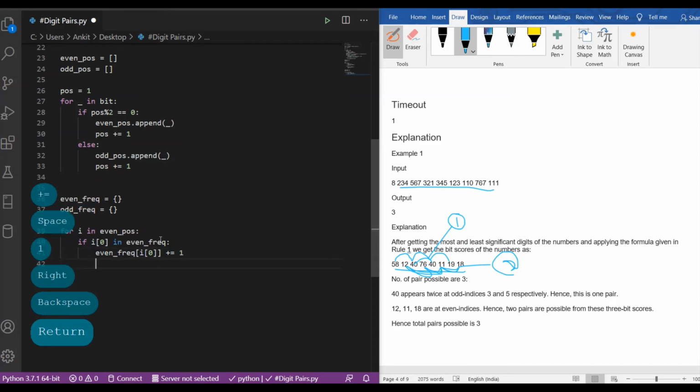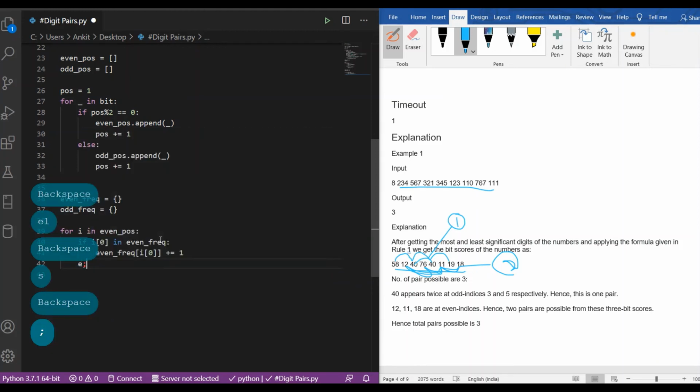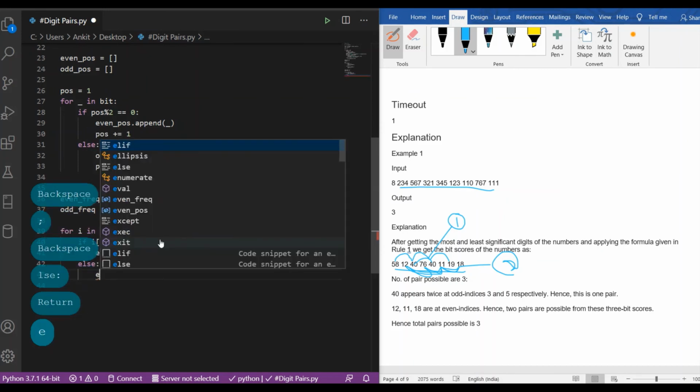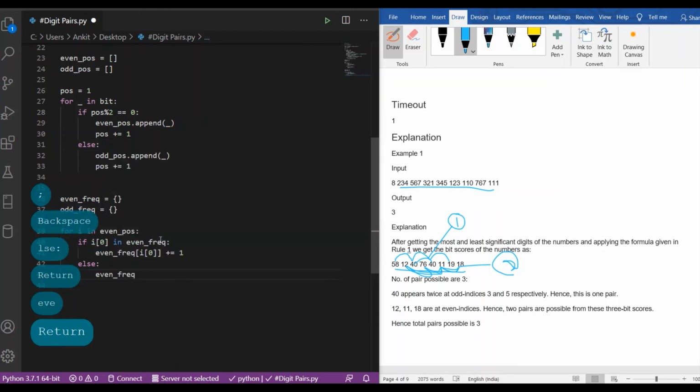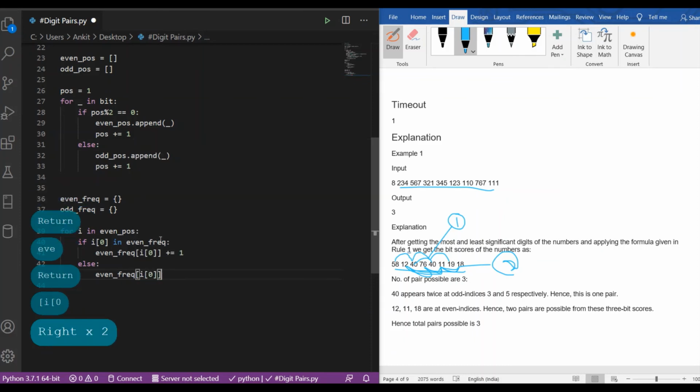Else, if it is not present, then we have to just put it into it by giving its frequency as 1. So in such a way, we have calculated the frequency for the even positioning, and we also have to calculate for the odd one.